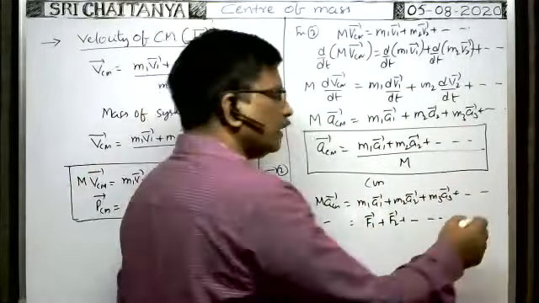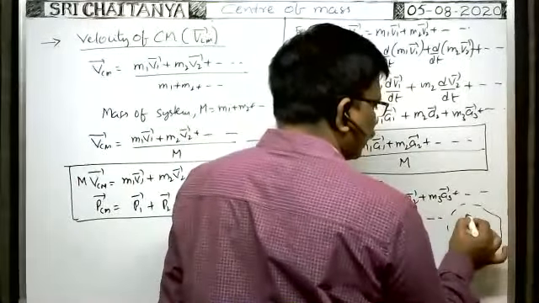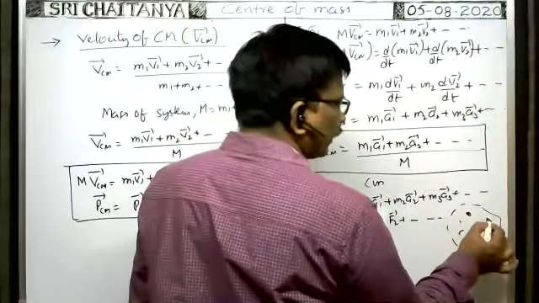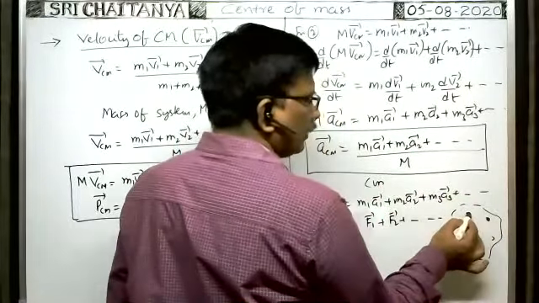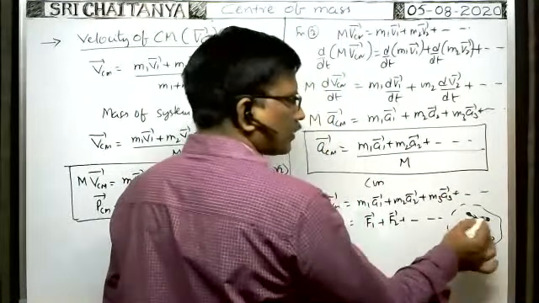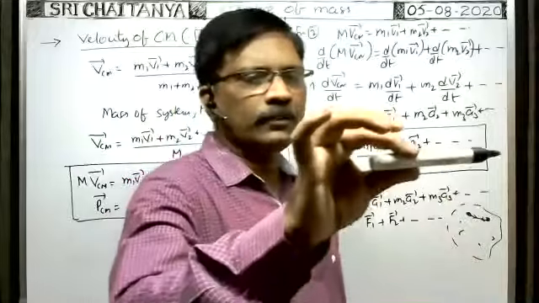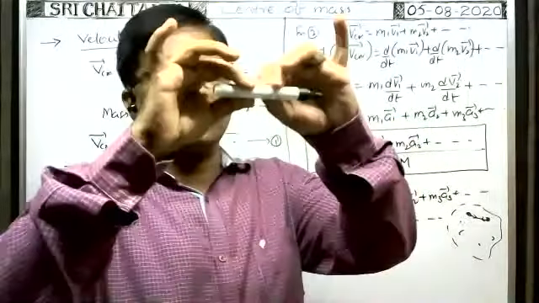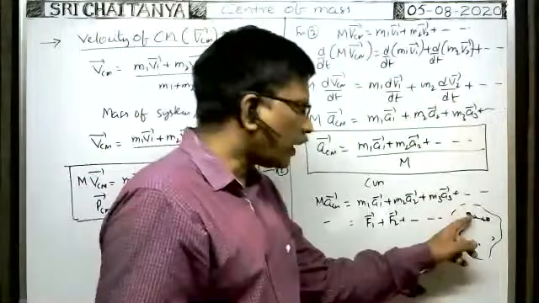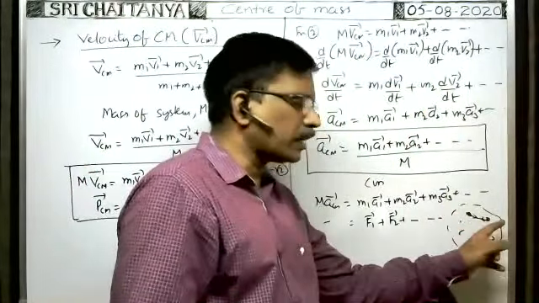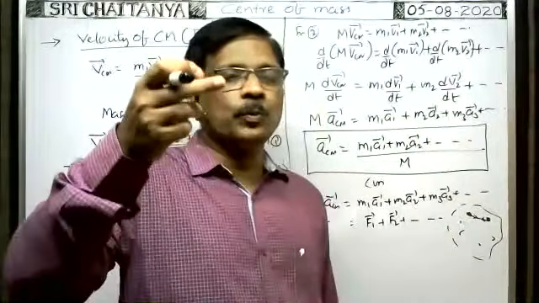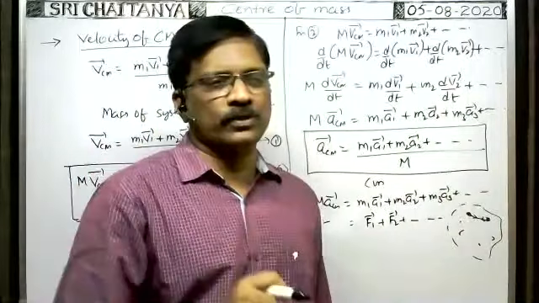And at the same time, in a system, as the number of particles are there, then in between these two particles, attraction or repulsion is there. This particle attracts this particle in this direction, this particle attracts this particle in this direction. Suppose you take a body, in this body a number of particles are there, each and every particle attracts the other particle. Here the force that exists between the two particles is the internal force.